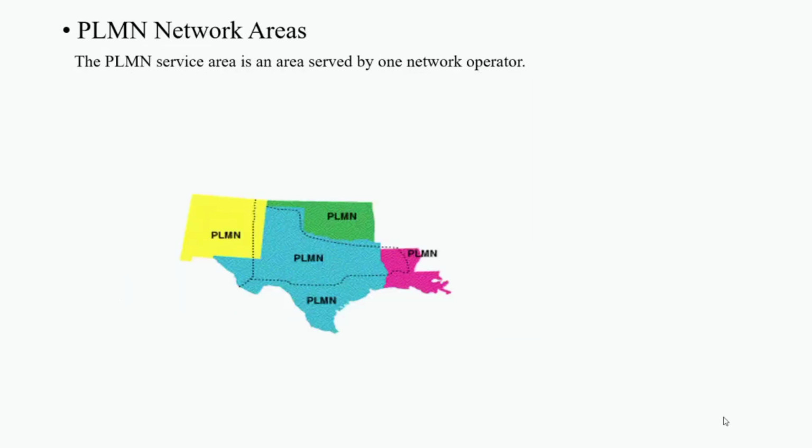Then the different MSCs together form a public land mobile network service area. The PLMN area specifies the operator network coverage. It is the whole area of the operator in which the services are available, called the PLMN service area. In this way, we geographically distribute different service areas. Let's discuss the specification of GSM.